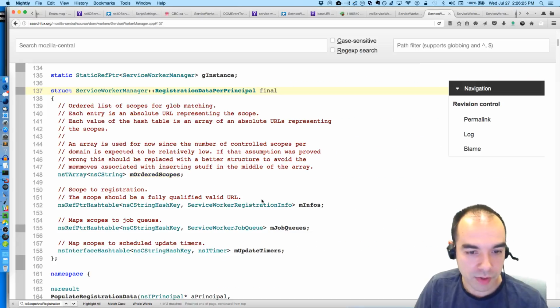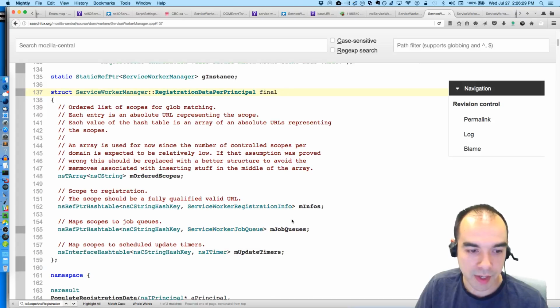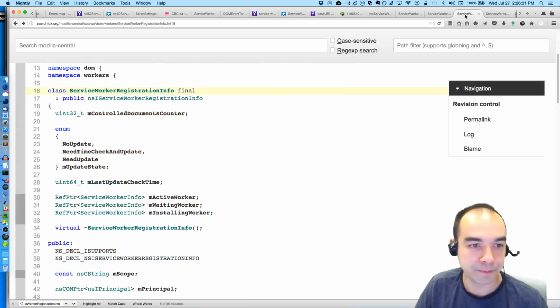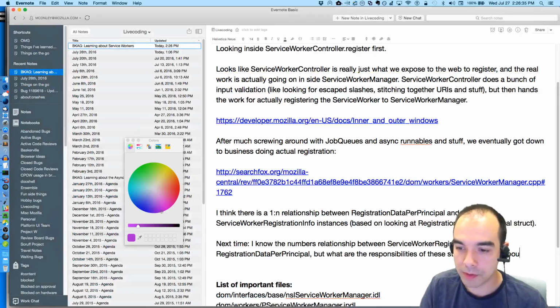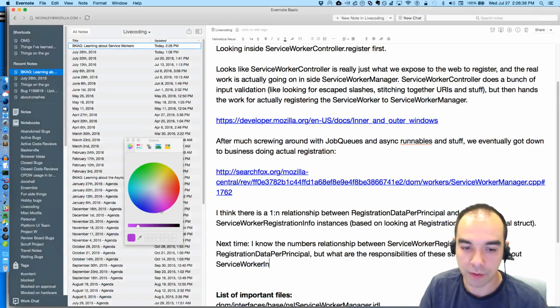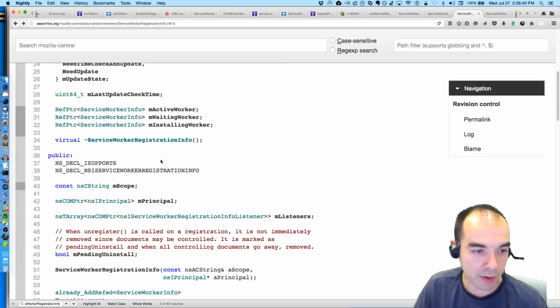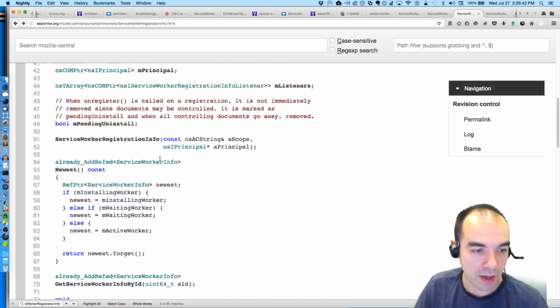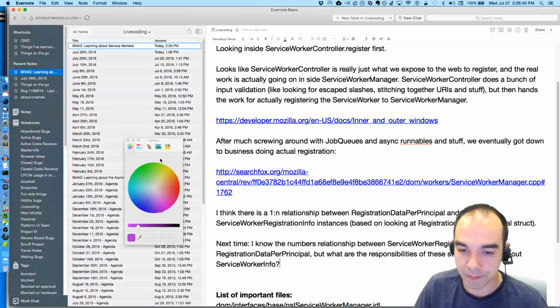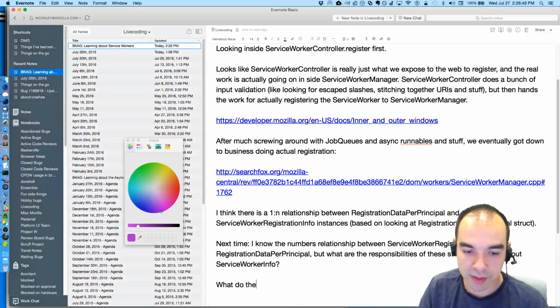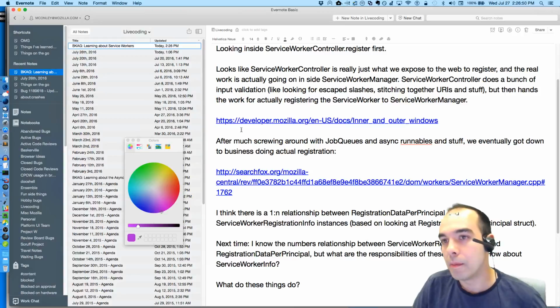There's some other structures like service worker. Well, I know what a job queue is now. Like the service worker info. How about service worker info? What's the responsibility of service worker info? What do these things do? Maybe we'll find out next week.